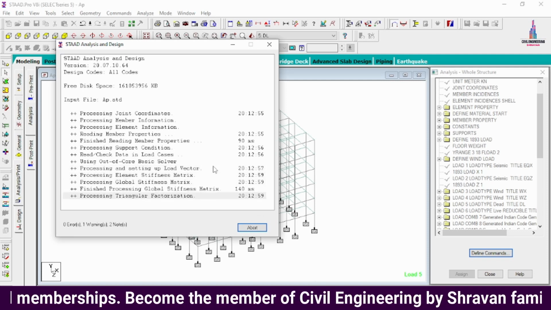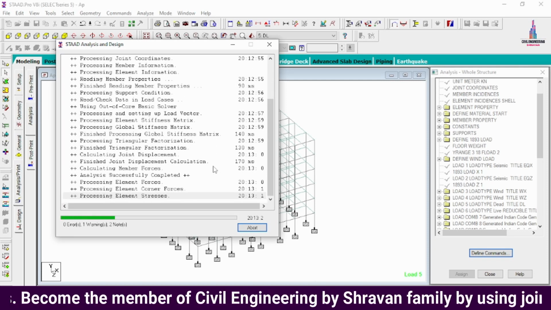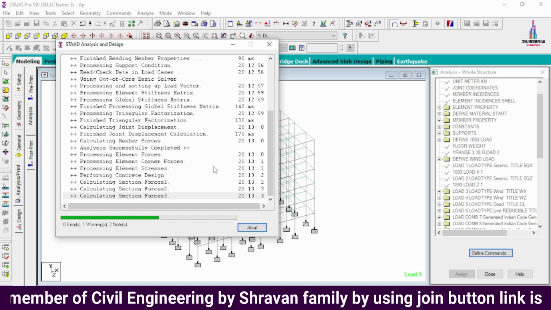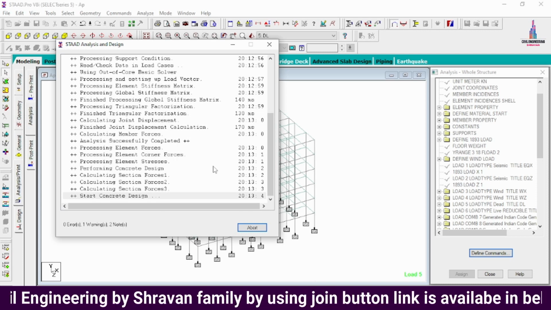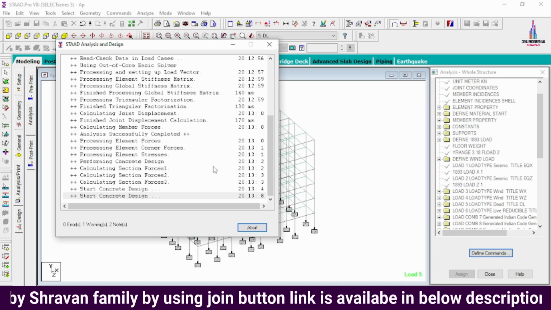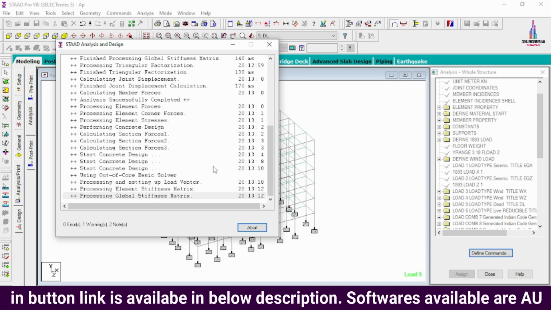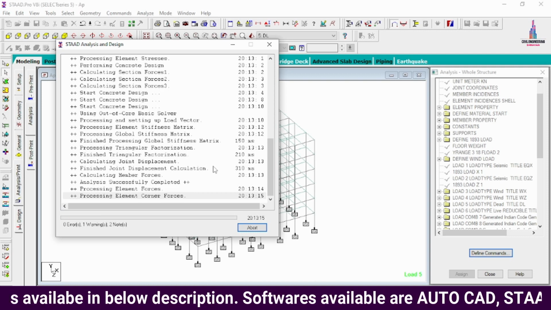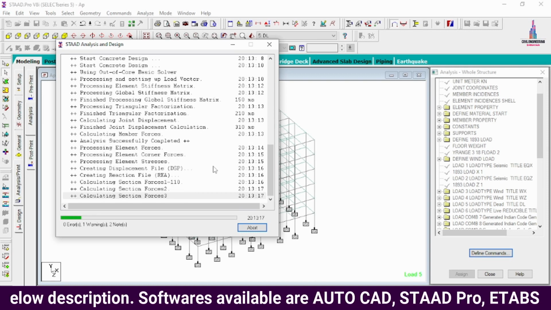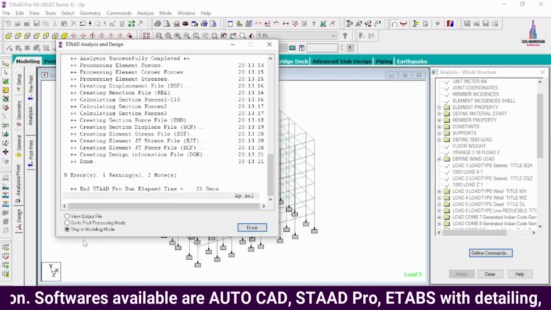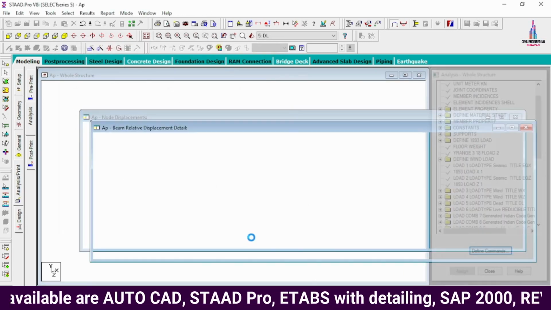So here you can see it was checking for the zero errors for the designing section as per IS 456-2000 codal provision standard system. If the model is obtained with zero errors, then we can easily see the results part which is related to beam reinforcement design results as well as the column reinforcement design results for this building structural model. Here you can see it was obtained with zero errors. Go to post processing mode, click on done option.